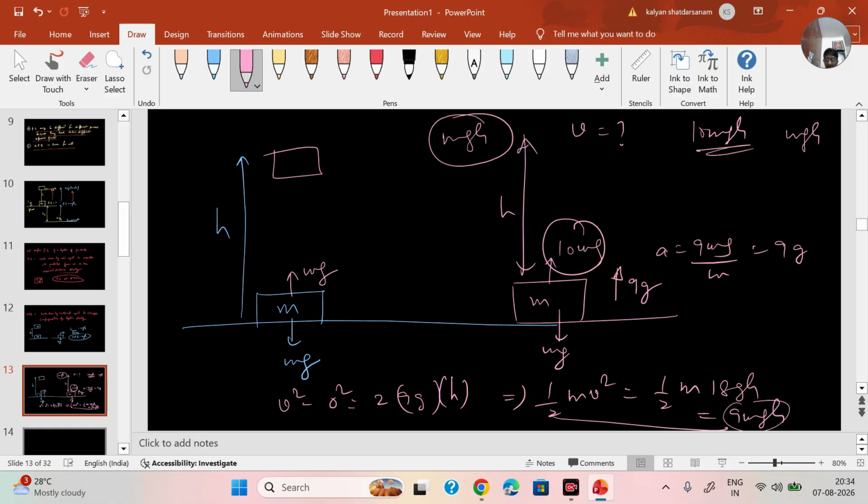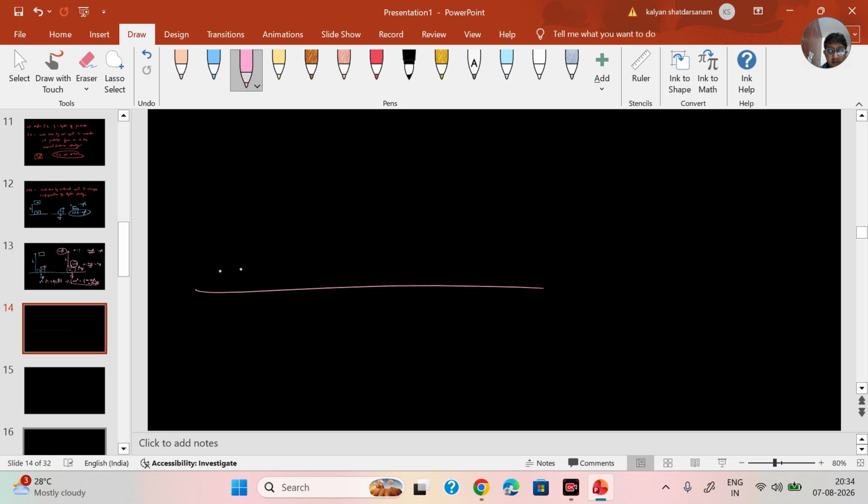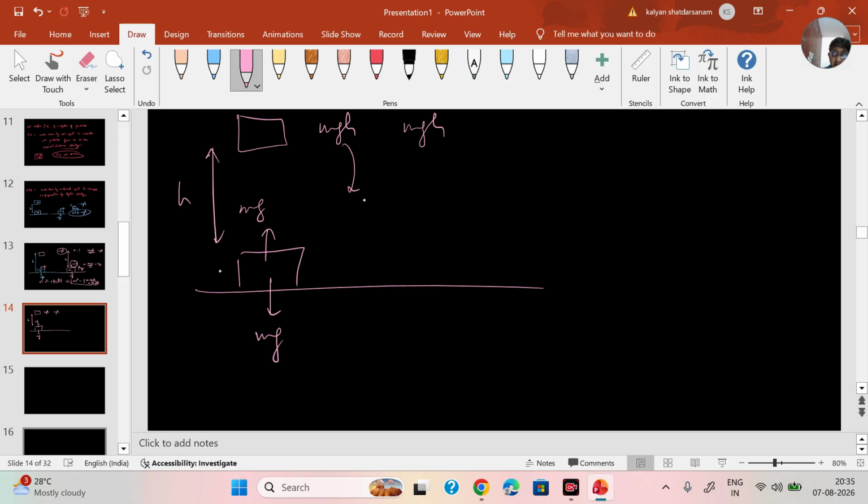But we can do a clever thing. Even though the force you are applying could be mg or 10 mg or 9 mg or whatever, gravity will always apply mg only. That's the beauty. So instead of saying work done by you, if I say negative of work done by gravity, it will be safe. For example, you are applying mg, gravity is applying mg. The block went slowly to height h. Okay. Potential energy is mgh. You can say that is work done by you, which is mgh. Or you can also say potential energy is negative of work done by gravity, negative of minus mgh, because gravity is acting down and block went up. So gravity did negative work. Negative of